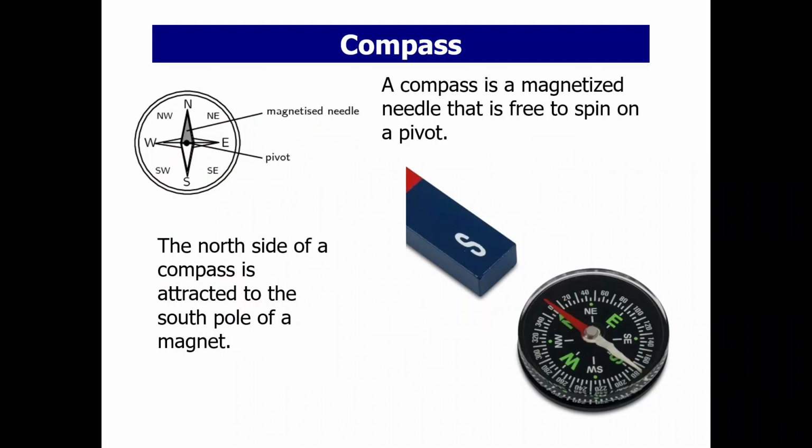So compasses are used to detect and navigate using magnetic fields. A compass is designed so that it is free to spin. You can create a really simple compass if you take a glass of water, which you might have done in elementary school, and take a piece of cork